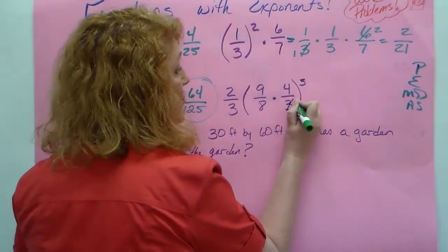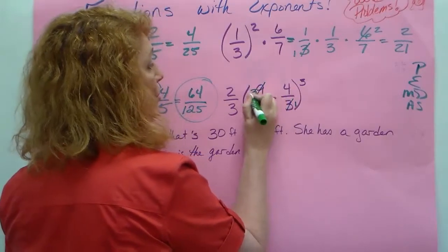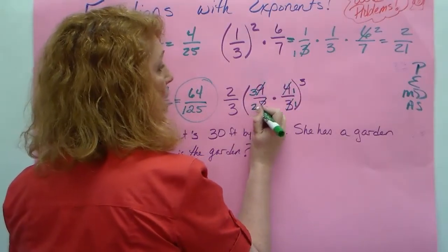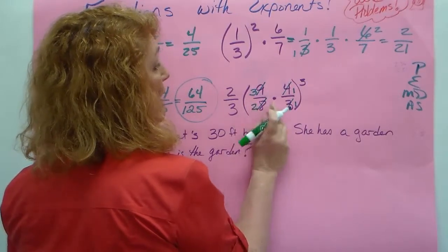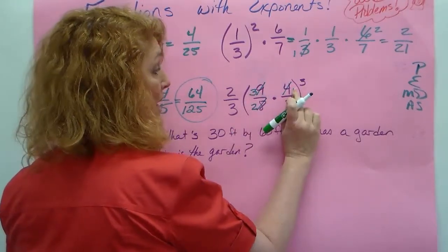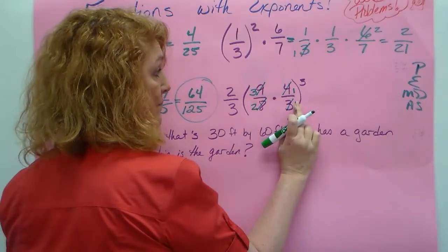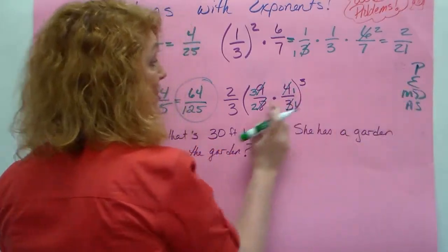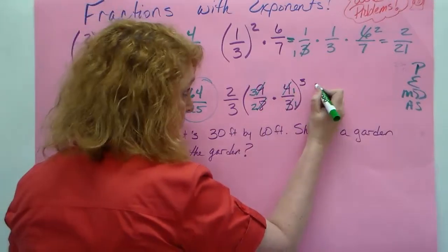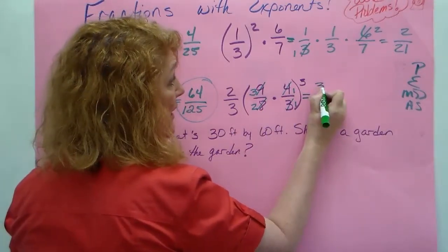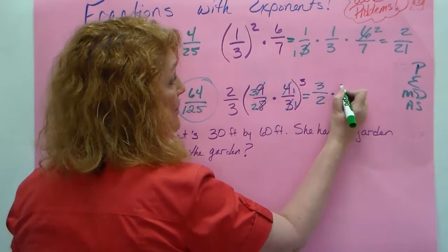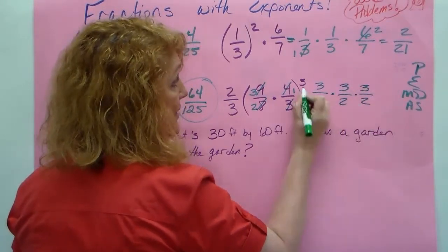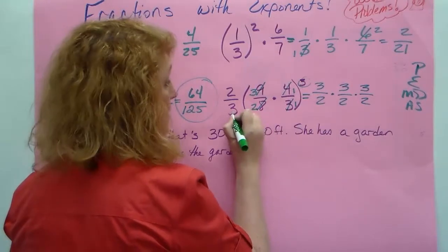I know that 3 goes into 3 once, and 3 goes into 9 3 times. I know that 4 goes into 4 once, and 4 goes into 8 twice. So now I've got 3 halves. 3 halves I have to cube, because the next thing I have to do is exponents. So this problem really looks like 3 halves times 3 halves times 3 halves, because it's cubed, times